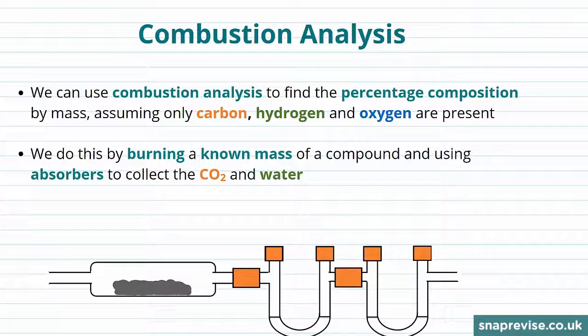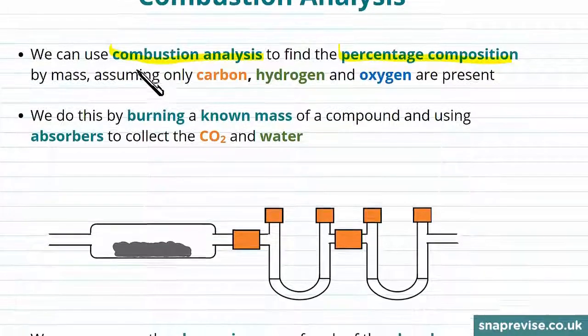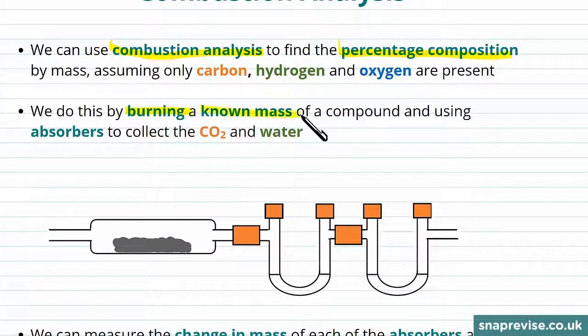So we saw in the last part of the video how we can use data about the amount of each chemical, carbon, hydrogen and oxygen in a compound to work out its empirical formula. But how do we get this information? Well, we can use combustion analysis to find the percentage composition by mass, assuming that only carbon, hydrogen and oxygen are present. We do this by burning a known mass of the compound and using absorbers to collect the carbon